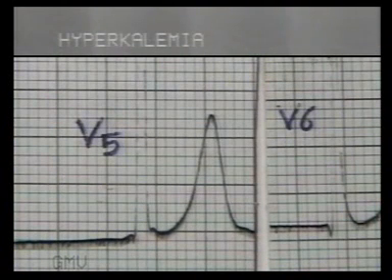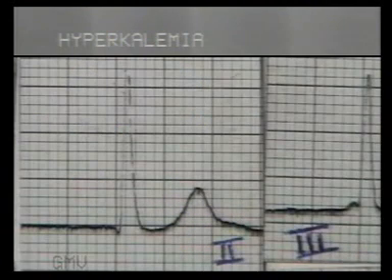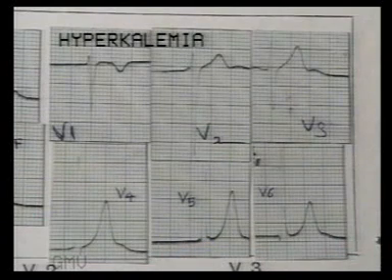In this ECG of a patient with hyperkalemia, note the absence of P waves. Very tall and peaked T waves. The T wave is more than 10 millimeters in a chest lead. The ST segment is taken up in the proximal limb of the T wave. Note again the absence of P wave in lead 2, tall T wave and absent P wave. The tall T waves are more apparent in the chest leads.